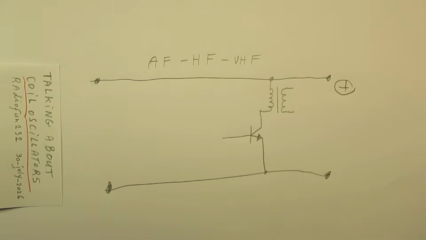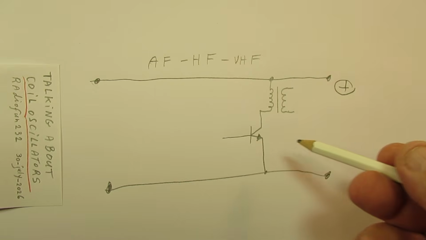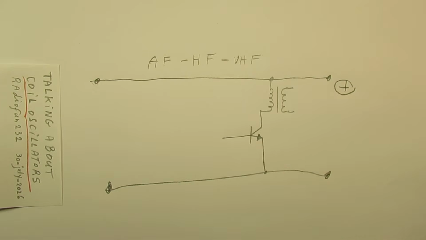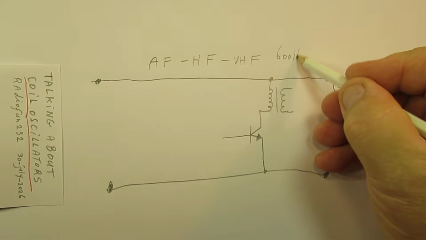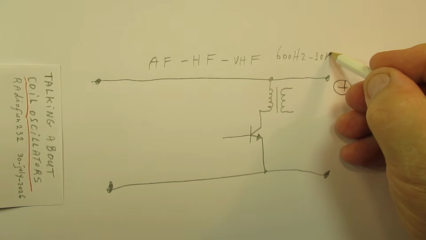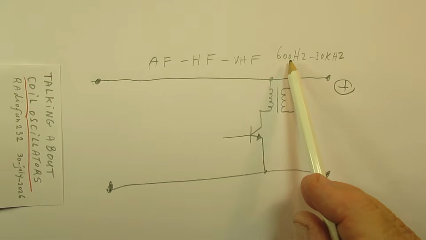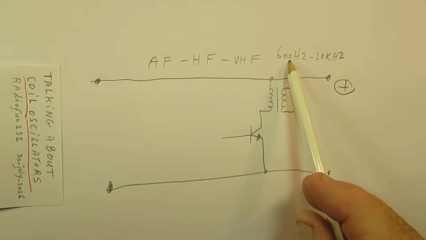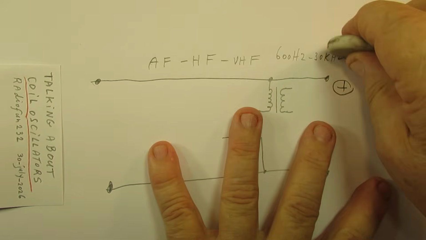So what's happening here? This must be a transistor for lower frequencies, from 600 Hertz. Let me tell that first, 600 Hertz. And this can even work up to 30 kilohertz. That's a big frequency range. And when we go lower than 600 Hertz, it gets a little bit problematic. That has everything to do with the inductance properties of the coil. But anyway,